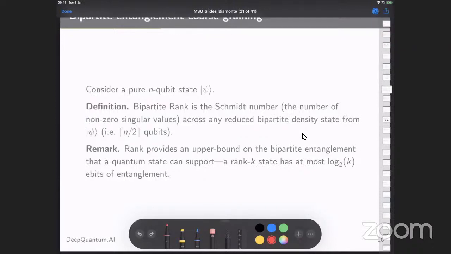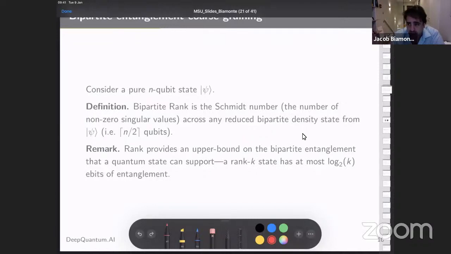So here's the question: we don't know about the epsilon neighborhood of this hardware efficient ansatz as a function of depth. But what we do know, I can show you right now. It's quite easy to prove. We can already say that there's a lower bound to maybe maximize bipartite rank, which is interesting because that lower bound depends on the interaction graph of the processor that we're dealing with.